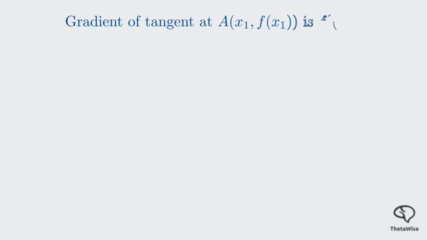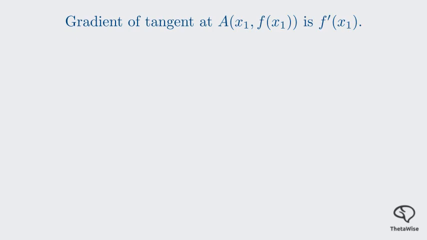Now, let's derive the formula that turns this geometry into a calculation. This formula is what we'll use to apply Newton's method. We know that the gradient, or slope, of the tangent line at any point on a curve is given by its derivative. So the gradient at our point A, which is (x1, f of x1), is simply f prime of x1. We also know that we have 2 points on this tangent line, A (x1, f of x1), and the new approximation